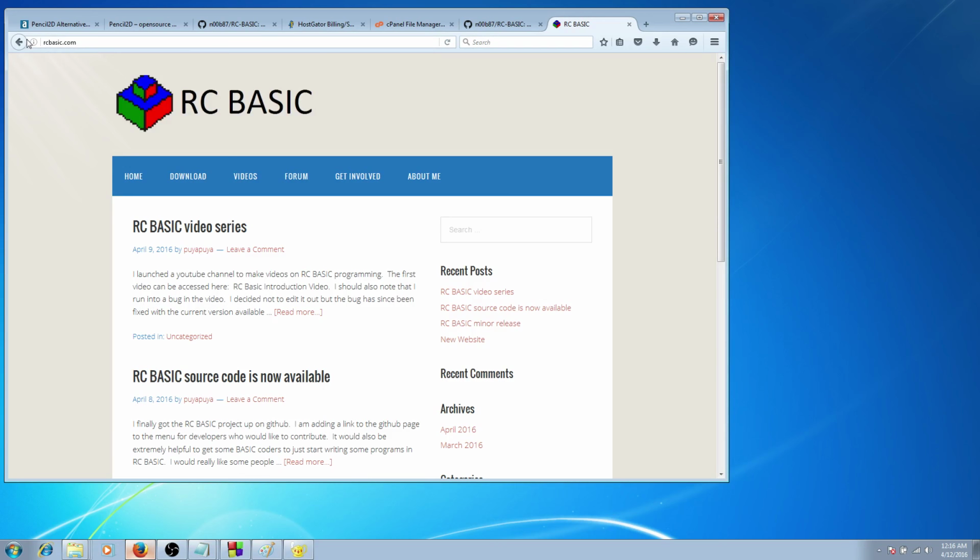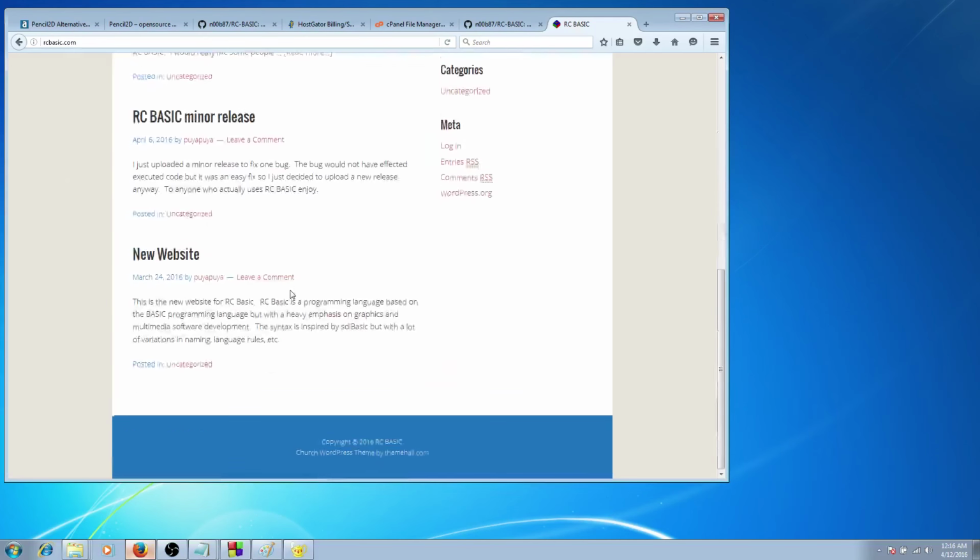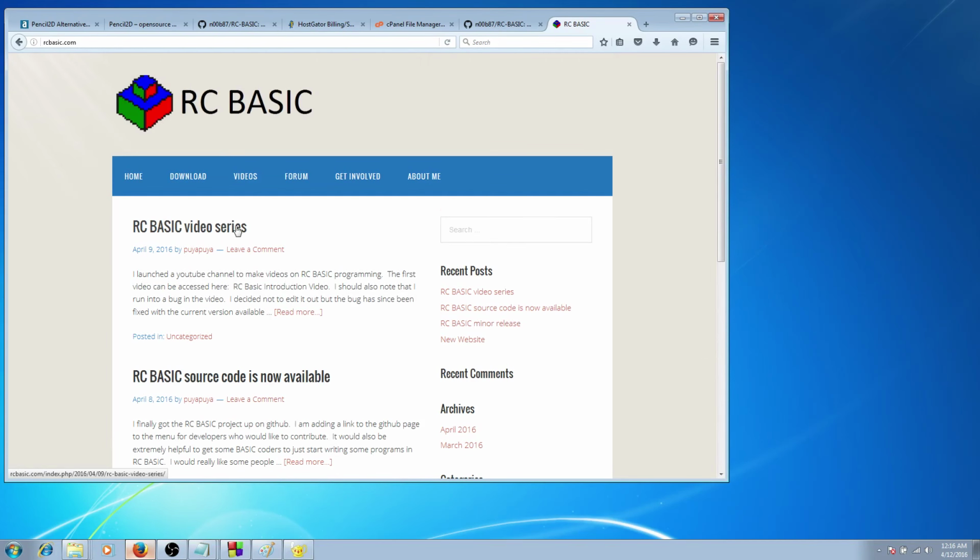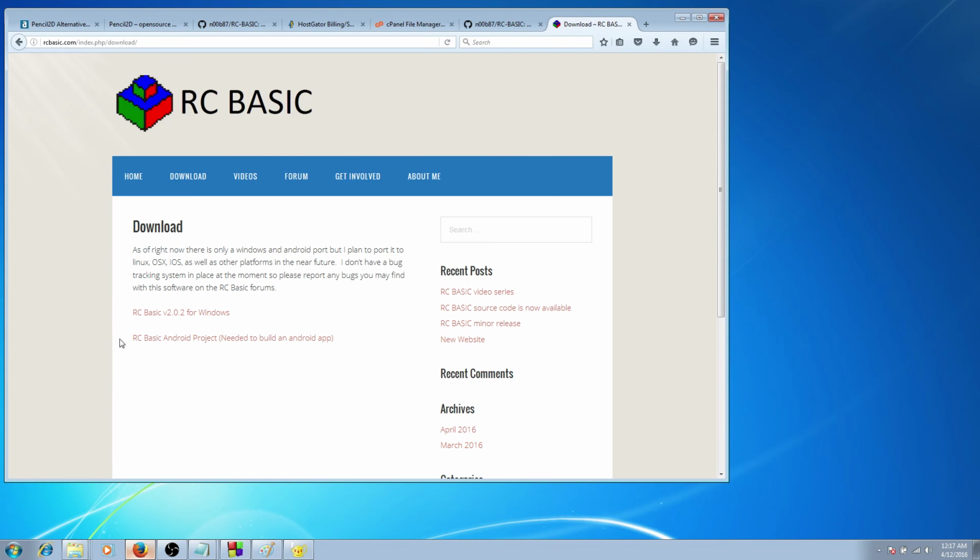To get RC Basic, you go to rcbasic.com and you get to this page right here, which, depending on when you visit, may have more stuff on it than it has right now, but as of right now these are just the different sections of the website. Go on there, and what you want to do right now is go to download, and as of this video, we are on RC Basic version 2.0.2, and there's currently only a Windows version